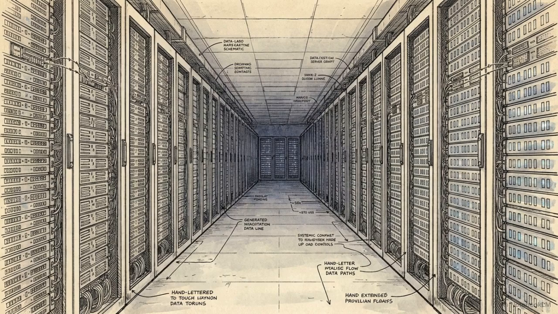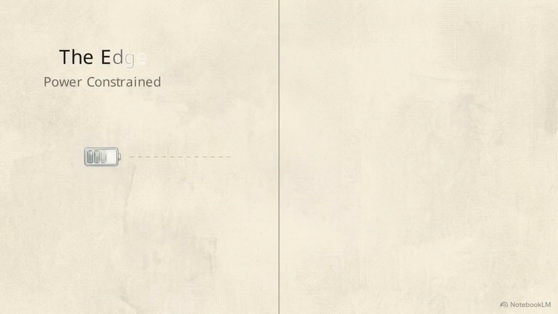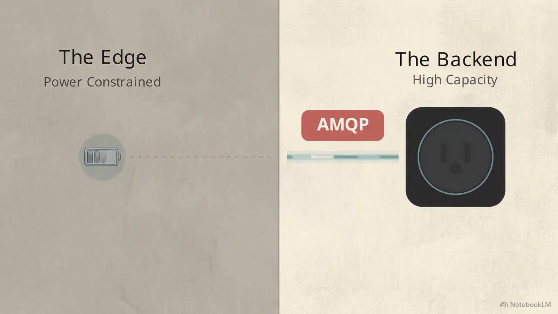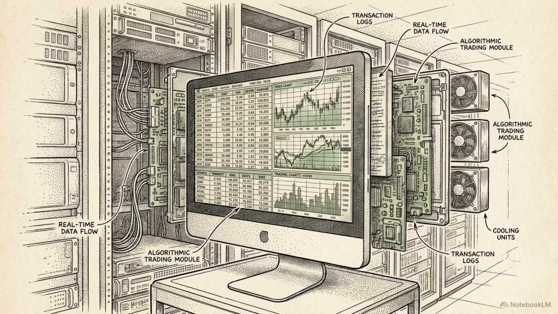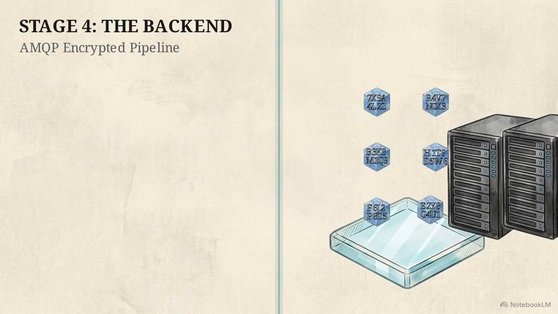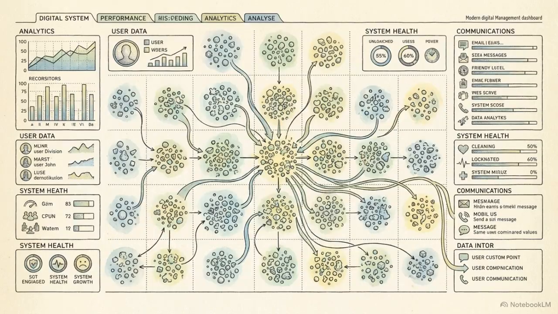The journey ends at stage 4, the back end. This is where the data finally arrives at centralized cloud servers. Because the data is no longer constrained by a tiny battery, the lightweight languages of the edge are swapped for heavy-duty protocols like AMQP. Borrowed from the financial sector, AMQP is built for strict transaction reliability. It ensures every packet is encrypted, analyzed, and securely stored without data loss. Millions of raw, disjointed, and fragile telemetry pulses are finally collected and transformed into a cohesive database, ready for human